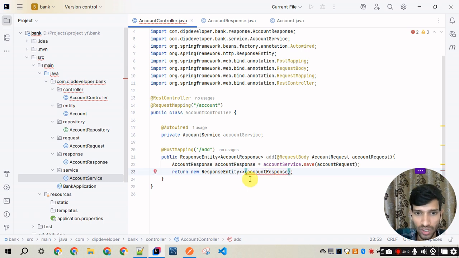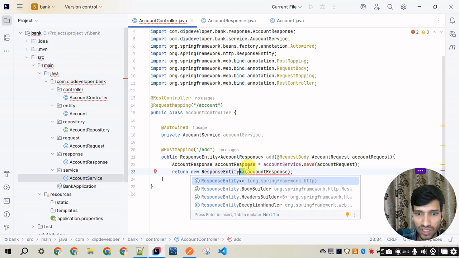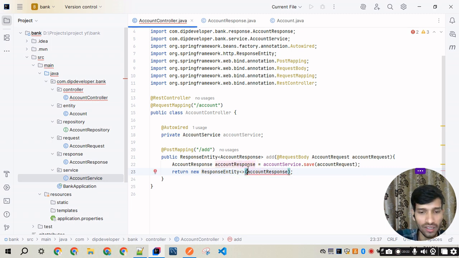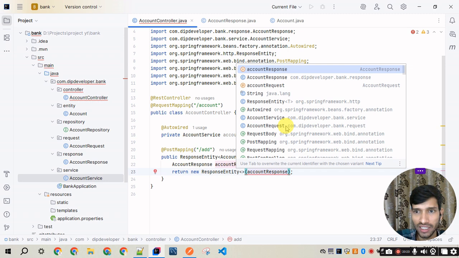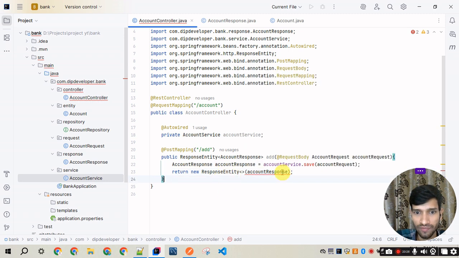If you do control space, it accepts two arguments, the account response and